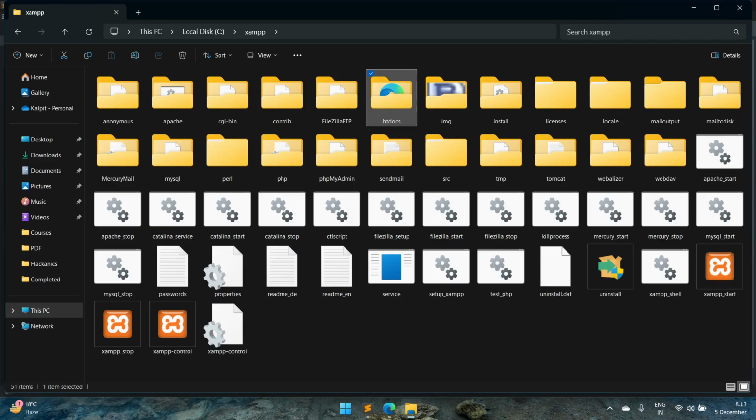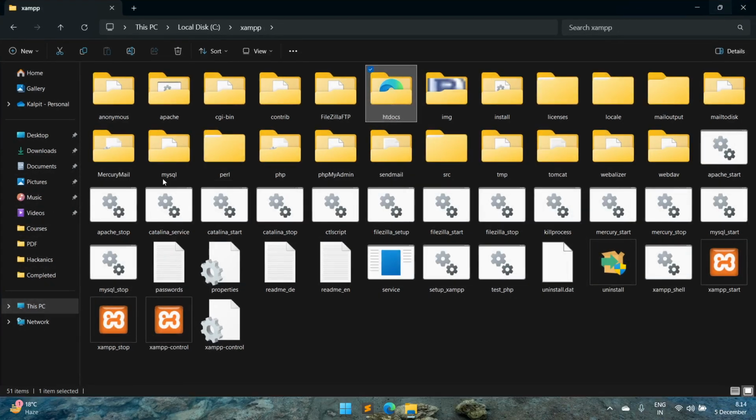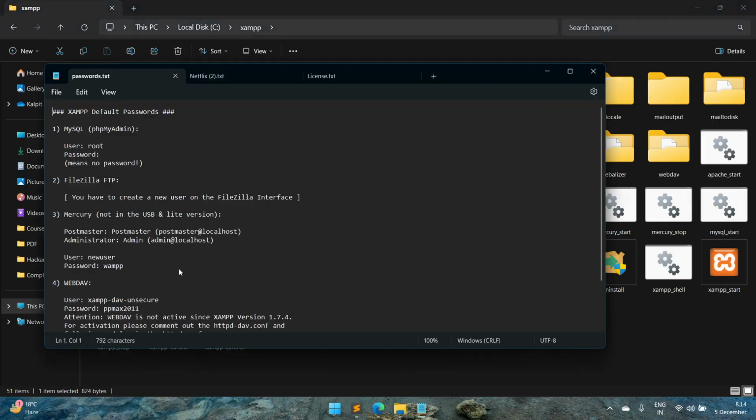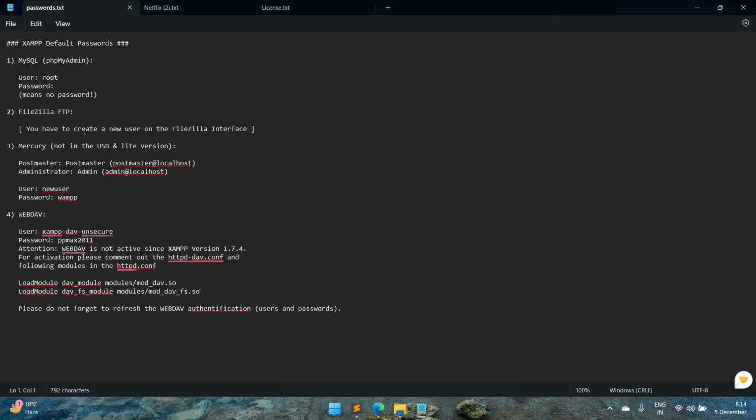For example, here we also have a password file. If we go here, yes, here it is, the password file. Right now it is a localhost, so I don't think there is any sensitive password, because I have not configured these files properly. But in case it is configured, you will get the FileZilla password, FTP password, Mercury password, the administrator password, and the same for the MySQL password. These are the things we can get using the